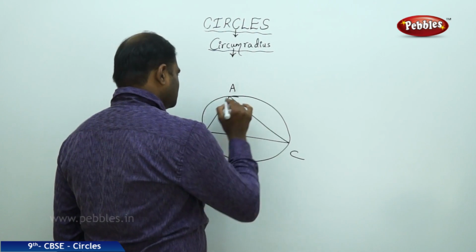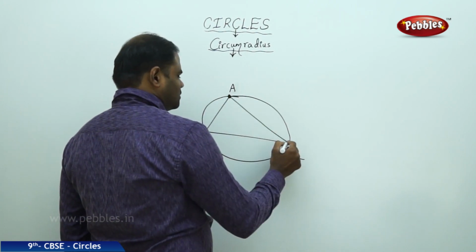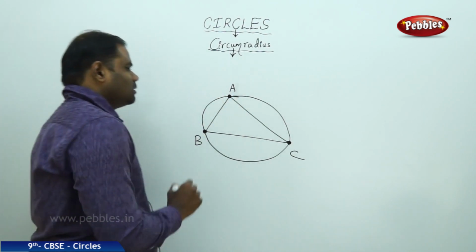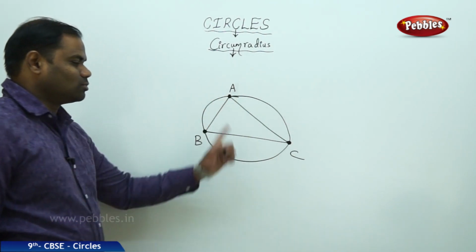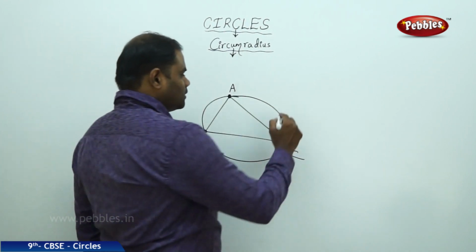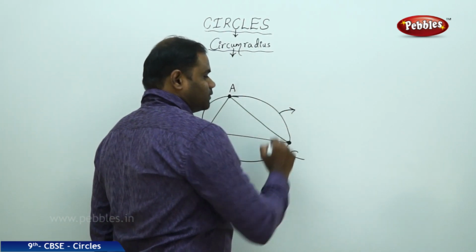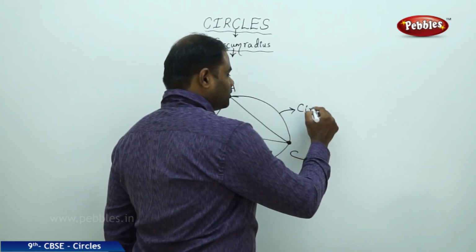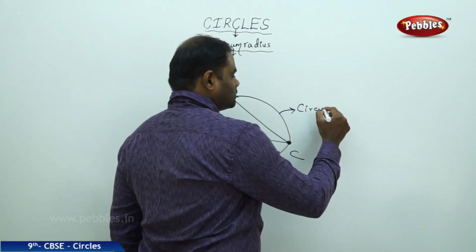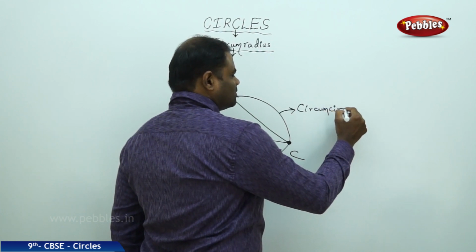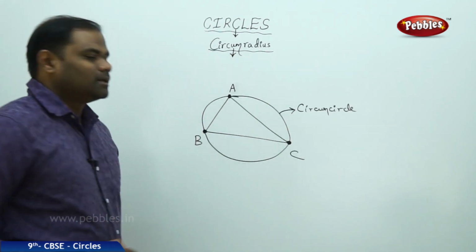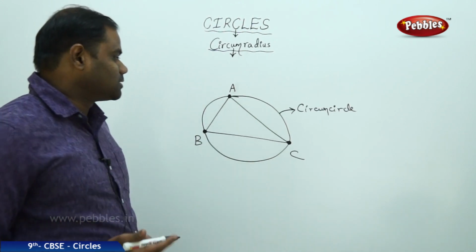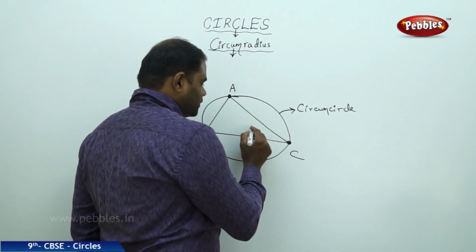In this manner is how the circle passes through all 3 points. And clearly we know that such a circle which passes through all the 3 vertices of the triangle is what we define as circumcircle. Now that we have defined circumcenter to be the center of this circle, say it lies somewhere here,